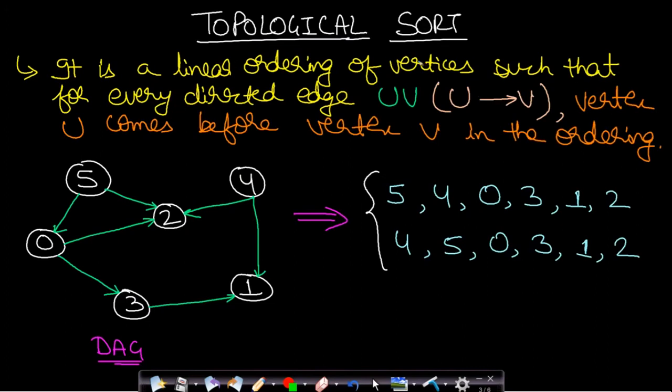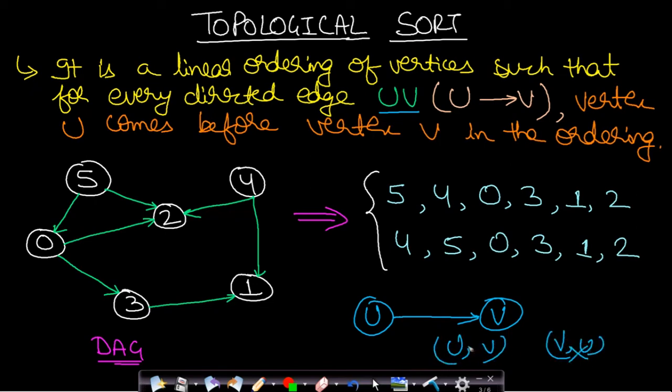Now, what is topological sort? It is a linear ordering of vertices such that for every directed edge uv, that is an edge going from u to v, vertex u comes before vertex v in the ordering. So let us say you have 2 vertices, this is vertex u and this is vertex v. And if your edge is going from u to v, then in the topological sort, you will write u, v. You cannot write v, u, because you will always write the one which is previous in the level of traversal. In this case, you can see that u will come before v. Therefore, in the topological sort, you will have to write first whatever comes first.